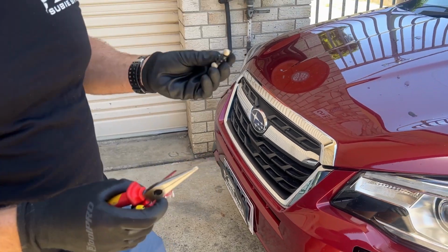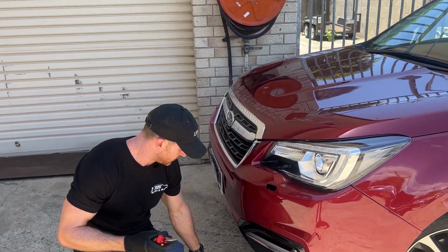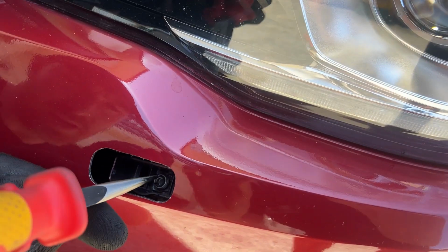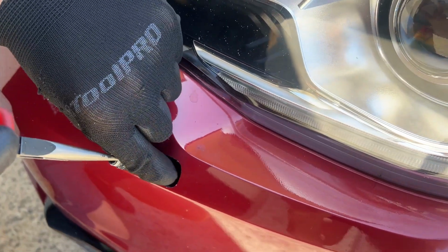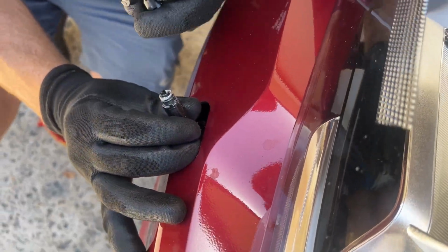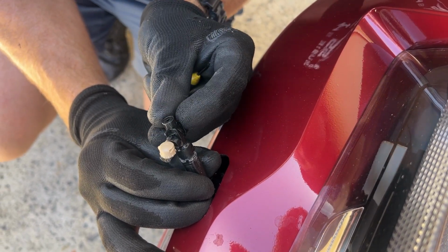All right, so we're going to clip this in and then we'll be clipping this piece onto the top of it. So we'll start by just grabbing this piece in here, I don't know if you can see it, with the pliers, nice and gently, and pulling it out. So now we have access to the squirter piece. Now you want to make sure this is facing the correct way. The little squirter's facing up, and basically line it all up